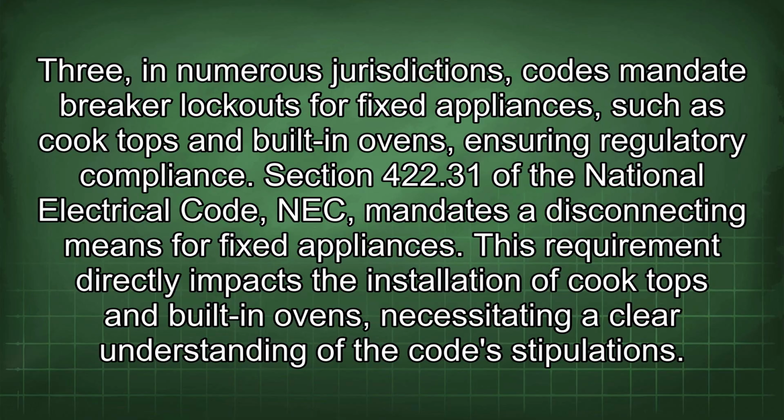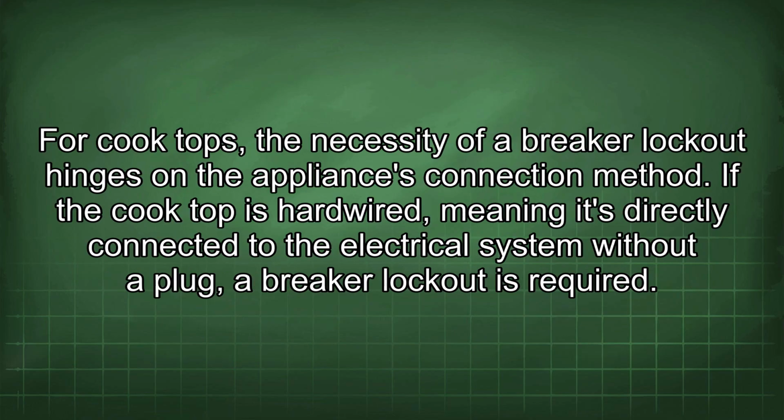Section 422.31 of the National Electrical Code (NEC) mandates a disconnecting means for fixed appliances. This requirement directly impacts the installation of cooktops and built-in ovens, necessitating a clear understanding of the code stipulations. For cooktops, the necessity of a breaker lockout hinges on the appliance's connection method. If the cooktop is hardwired, meaning it's directly connected to the electrical system without a plug, a breaker lockout is